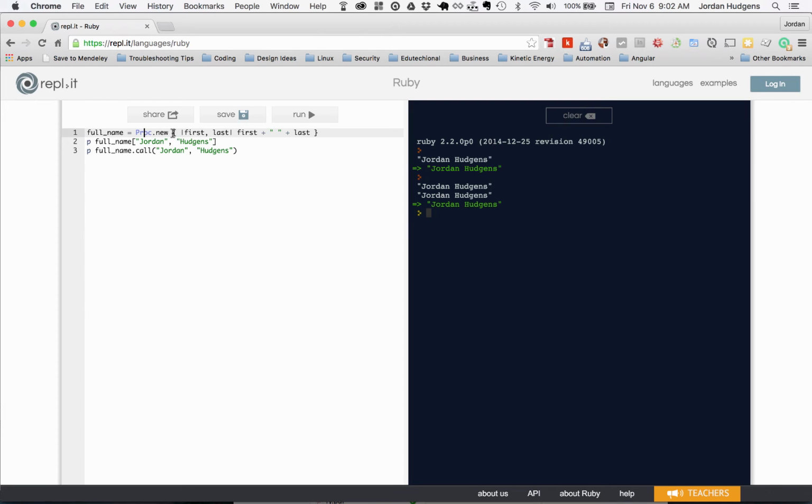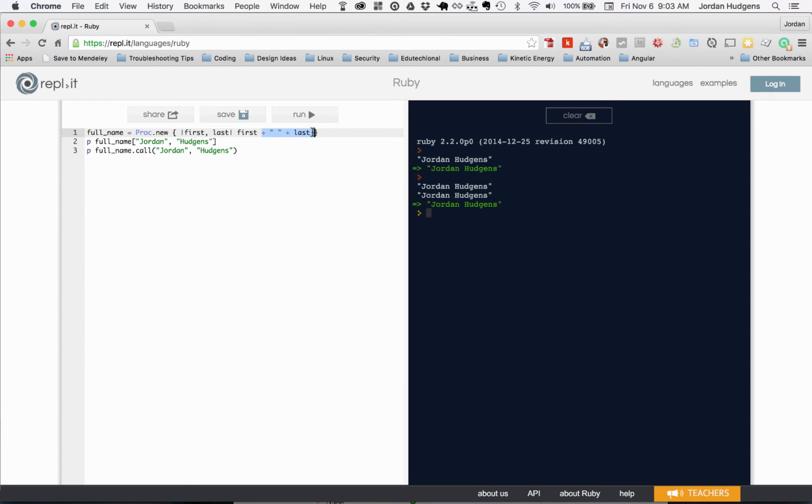When we're doing these curly braces, this is a code block. With this code block, we're passing in two different arguments, first and last, and these go inside of pipes. After that, we can call these just like variables. They're only available inside of this code block,